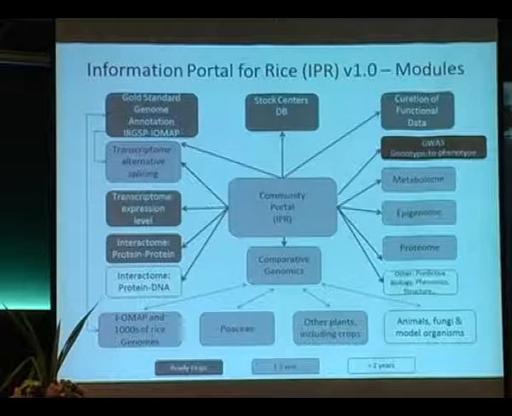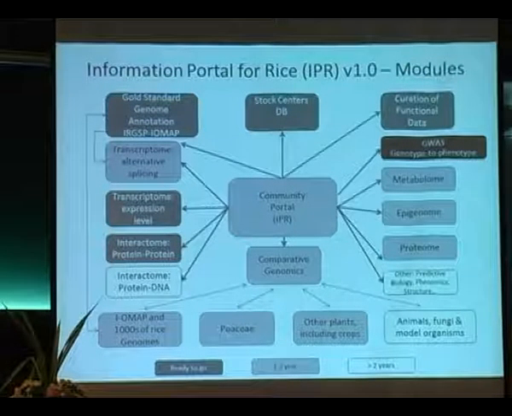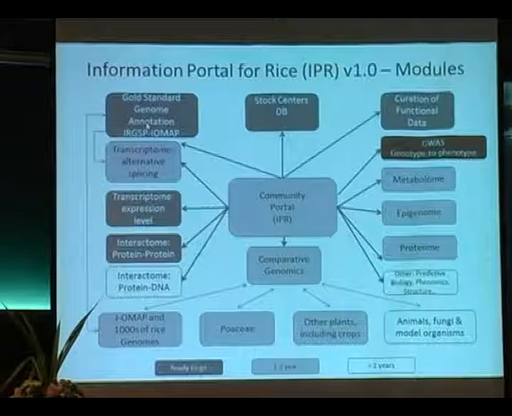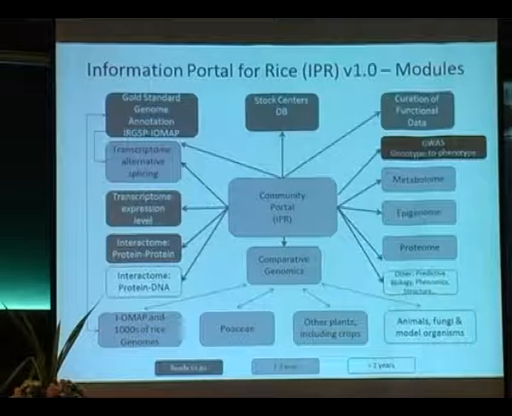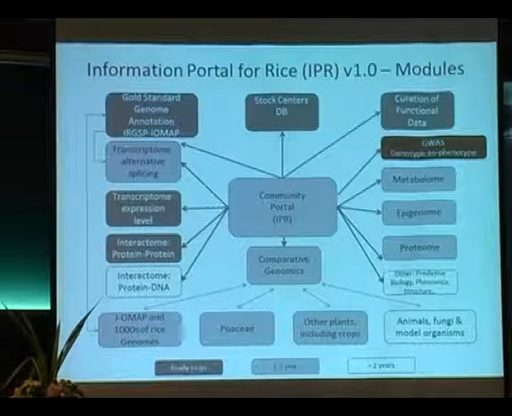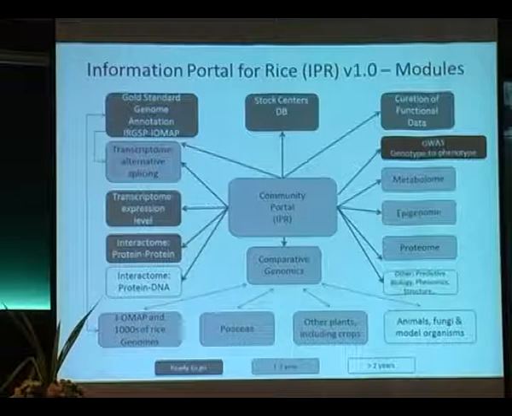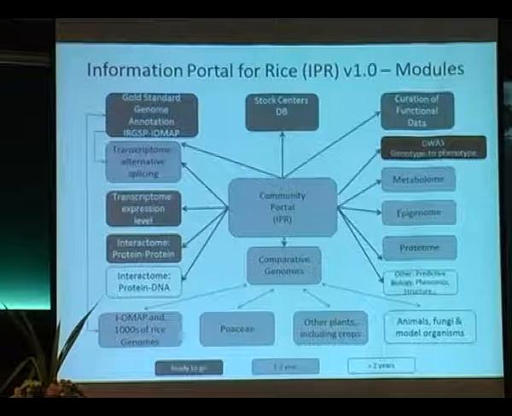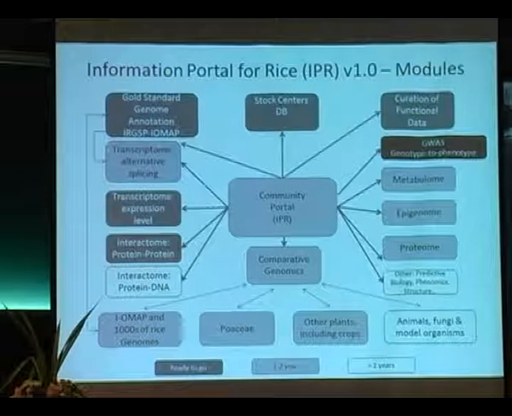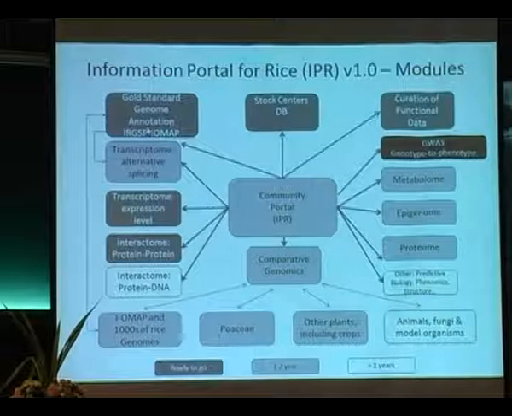So this is something which Blake actually presented. We think that the two gold standard genome data sets that people have often used are the IRGSP 1.0, which is the new one, and 9311, which continues to be used, even though I don't know actually whether it is going to be resequenced or somebody has to redo the assembly of 9311. But those are the two major reference assemblies people are using, and more reference assemblies are going to be coming from at least 20 new genomes from the IOMAP project, right? So this is the one.